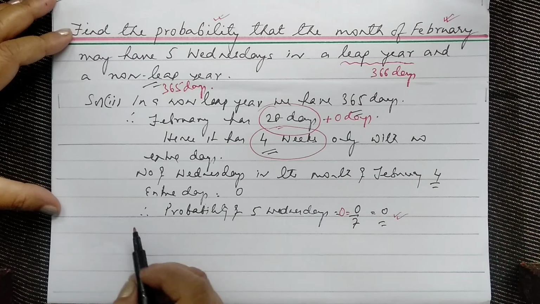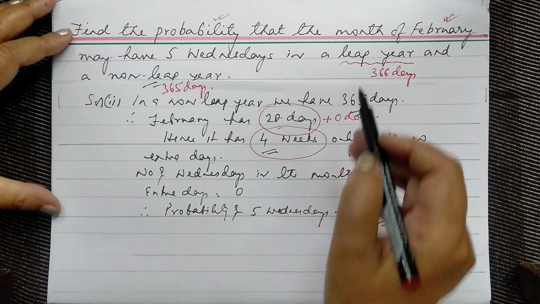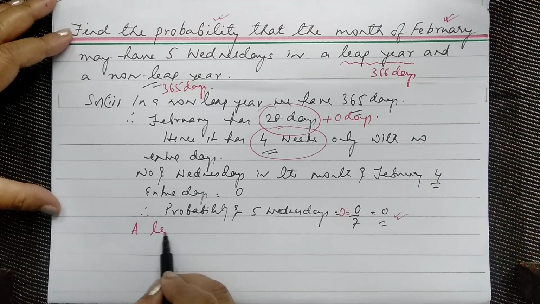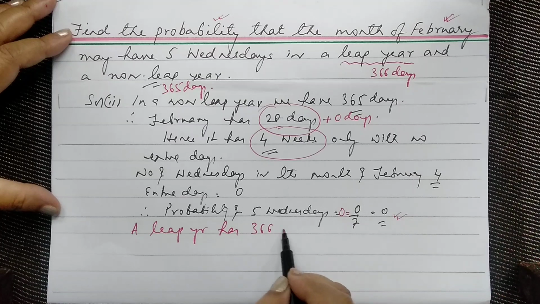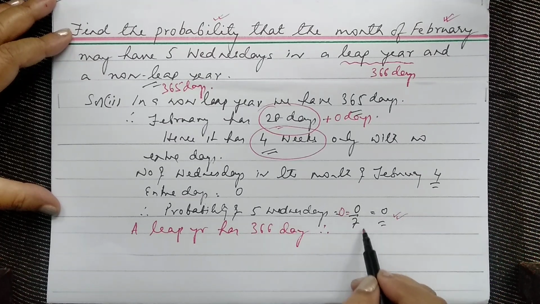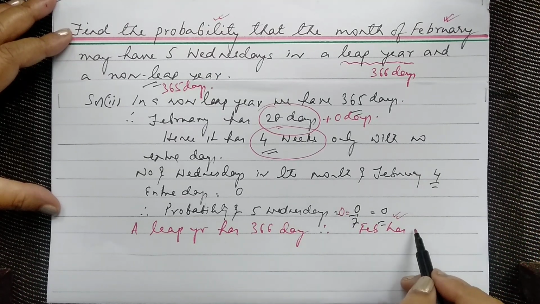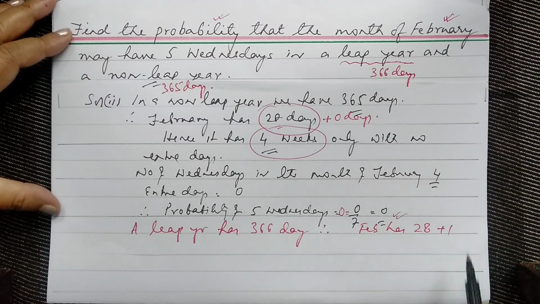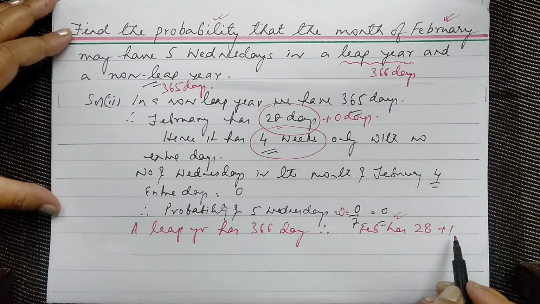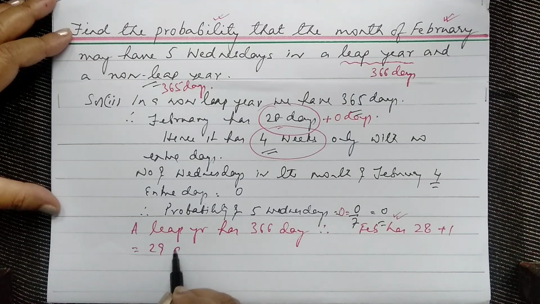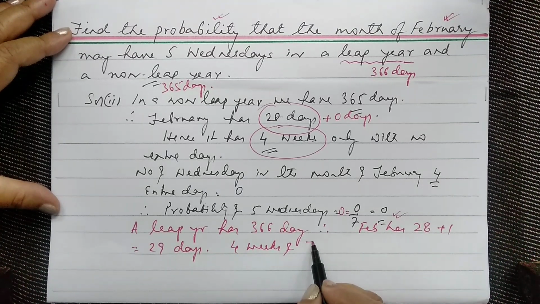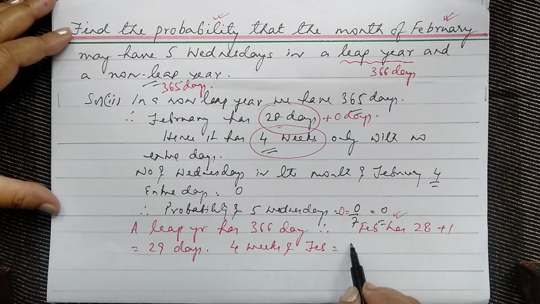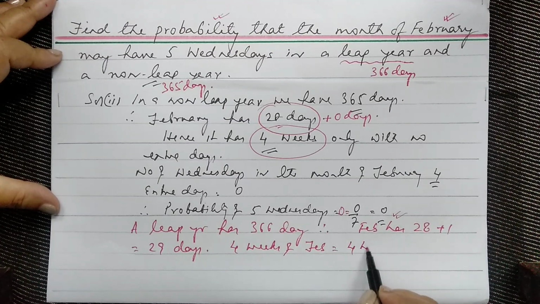Coming to the leap year, we know that a leap year has 366 days. Therefore, Feb has 28 days plus 1 extra day, which means it has got 29 days. All right. 4 weeks of Feb will give 4 Wednesdays,